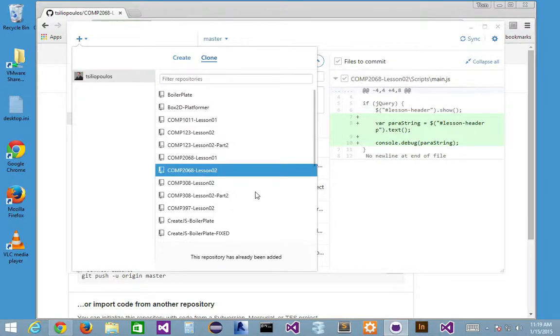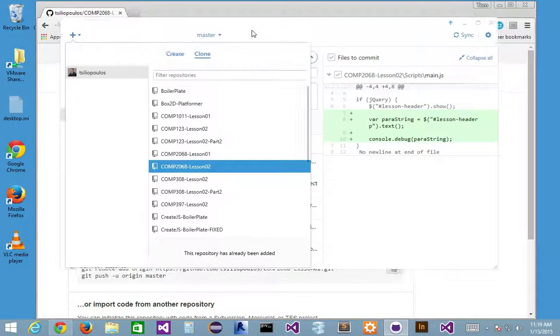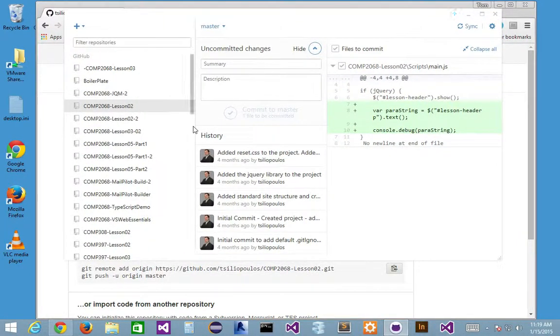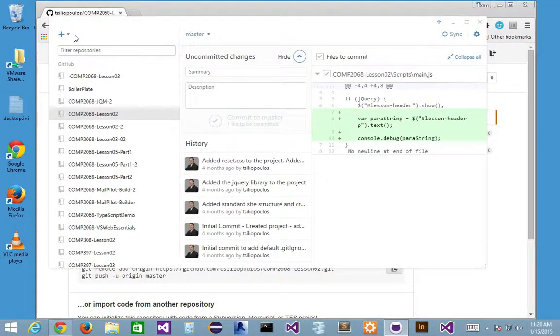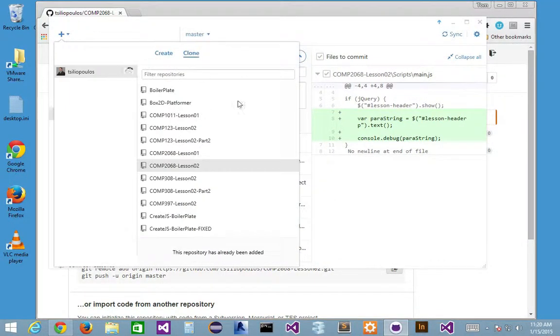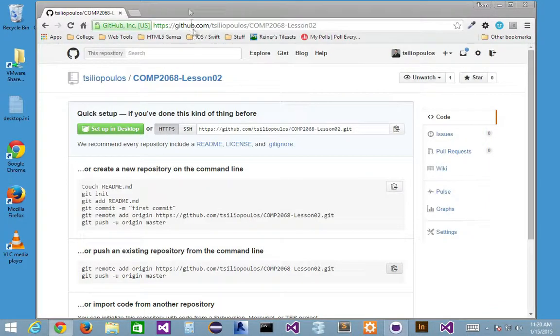So I click COMP2068, lesson 2, as an example. And it says the repository has already been added, right? I have a repository here, lesson 2 from previous day, from last semester. And that's why, if I want to, this is my issue, not your issue now. But it says, hey, the repository is already there. So how do I change this so that way up online I can sync up with a repository that's new? So for me, what I need to do, this is a few changes. You don't have to do this, but I do. I'm going to have to go into settings